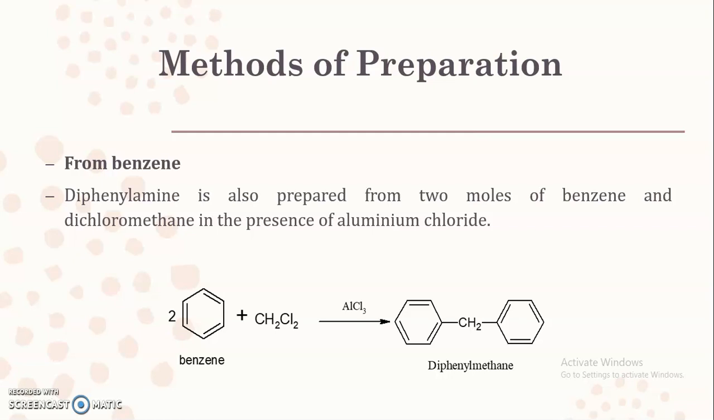These 2 moles of benzene, when they are reacted with dichloromethane in presence of aluminum chloride. Here aluminum chloride is used as a catalyst which will carry out the conversion of benzene into diphenyl methane, where 1 mole of benzene will react with the dichloromethane, which leads to the loss of the